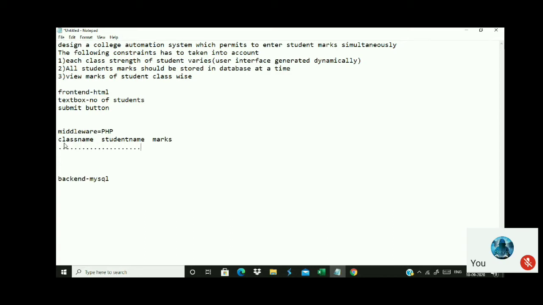This should be followed for all the students. If I enter 3 students, I should have the same details for all 3 students: class name, student name, and marks. And again at the end, I should have a submit button.